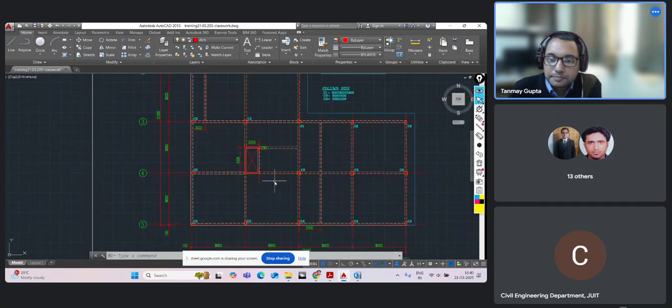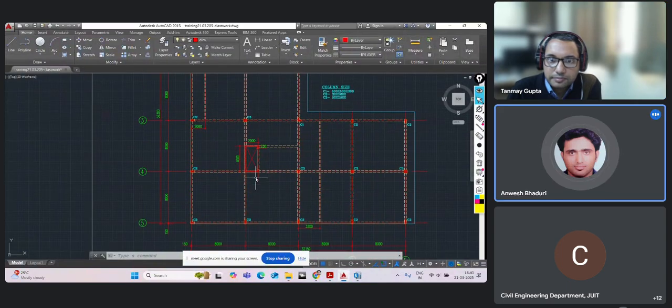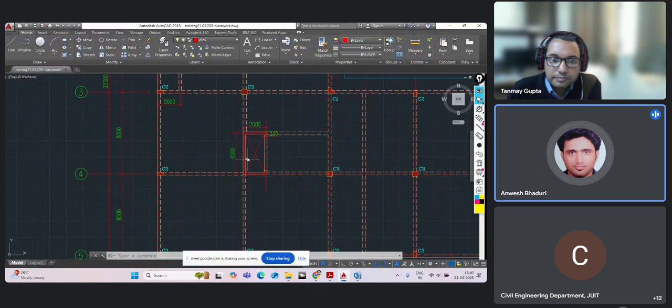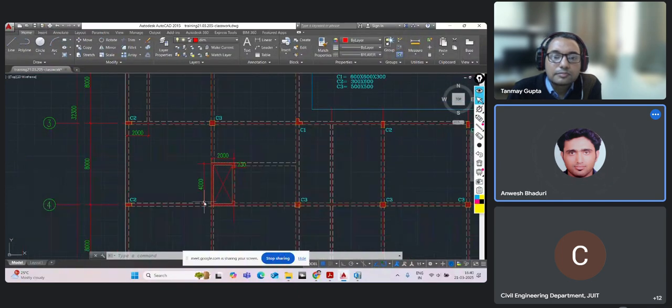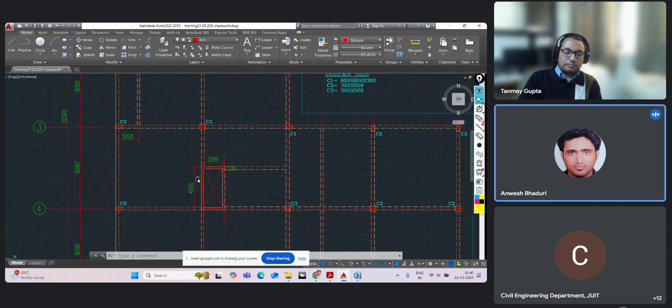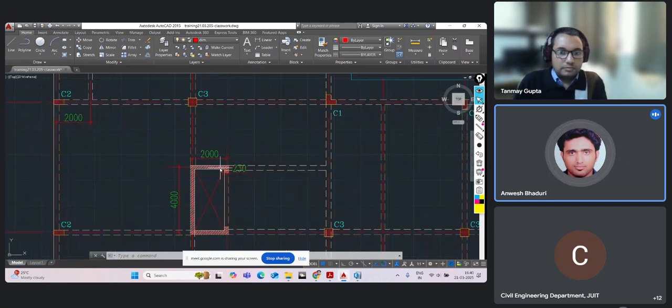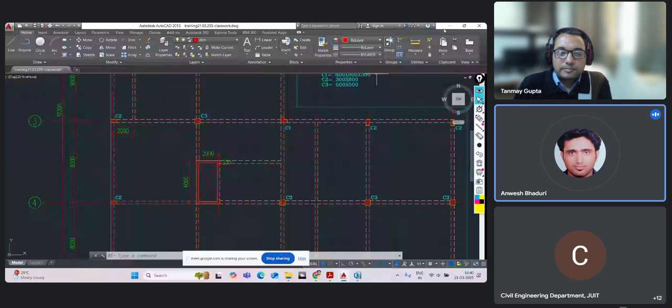Yeah. Okay. So now we need to model this shear wall over here. The shear wall is 4 meters from grid 4. The height in plan is 4 meters, and the width in plan is 2 meters. So what we need to do here is now